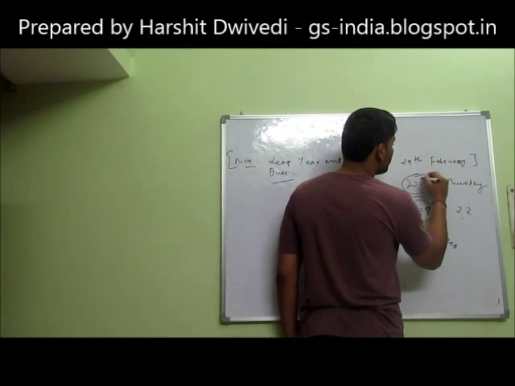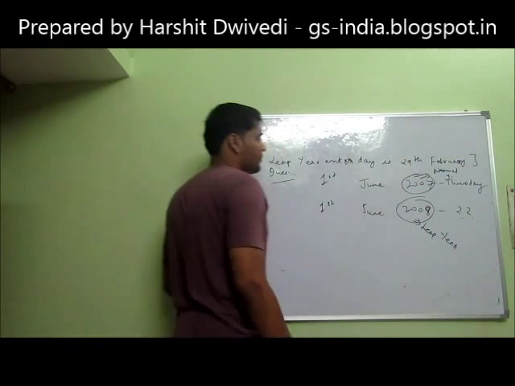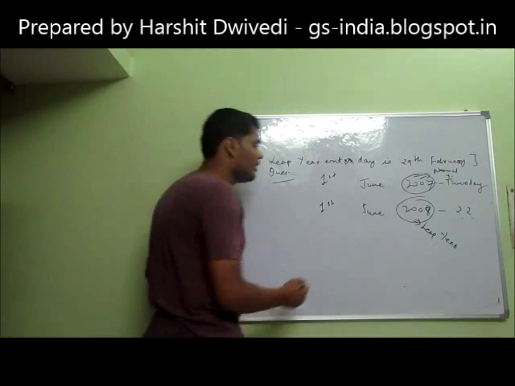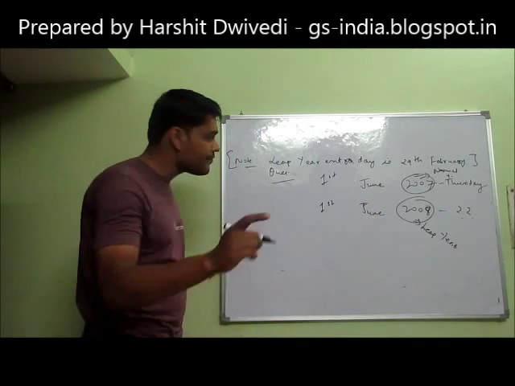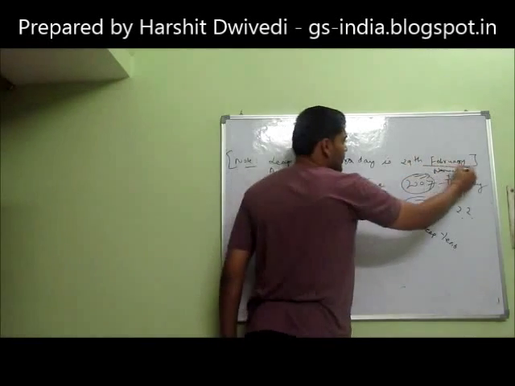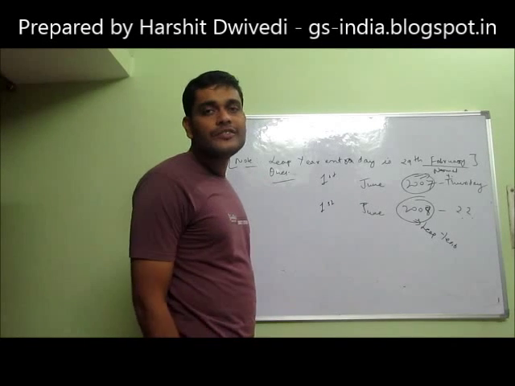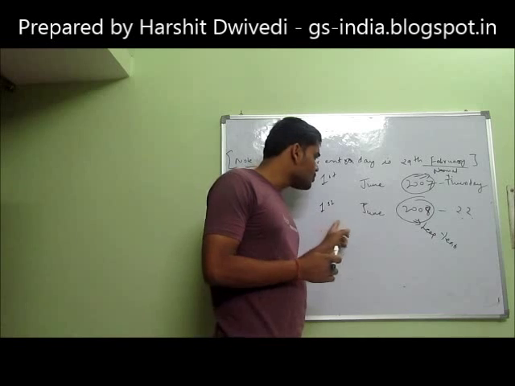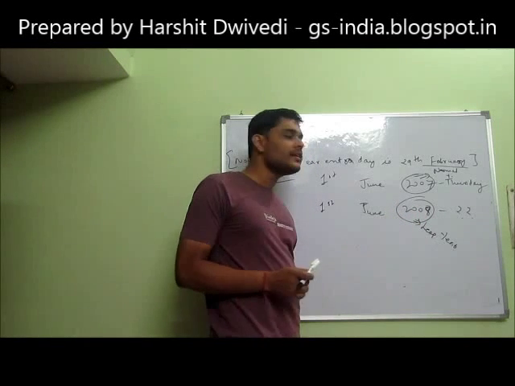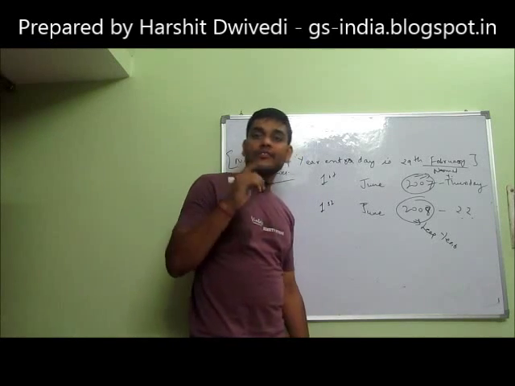And 2007 is a normal year. On which date does the extra day of the leap year fall? It falls on 29th February. So in this intervening period, will 29th February come? Yes, it will come. Before 1st June 2008 will come 29th February 2008, and that will be the extra